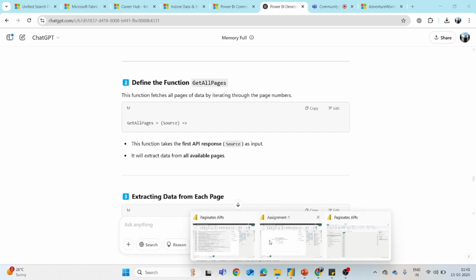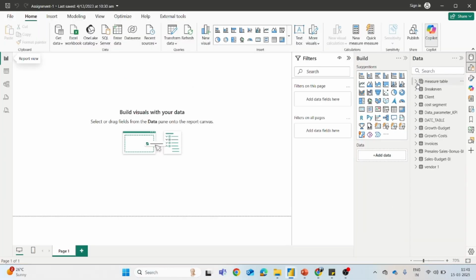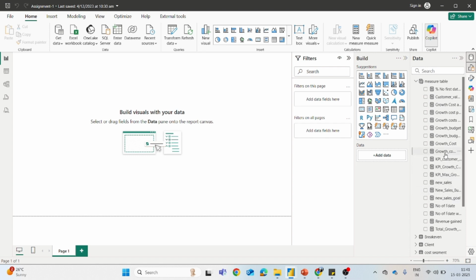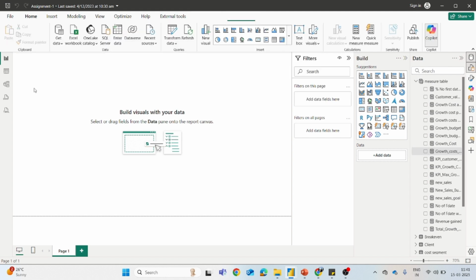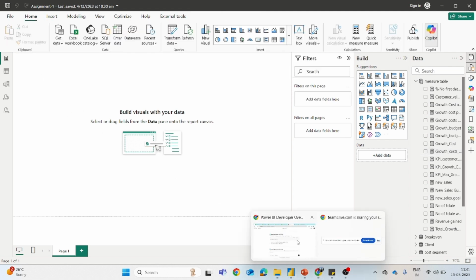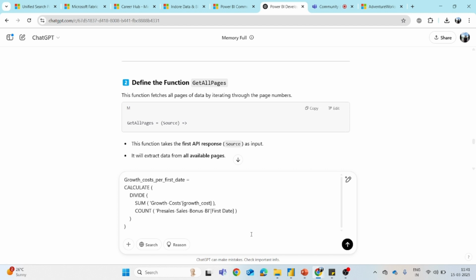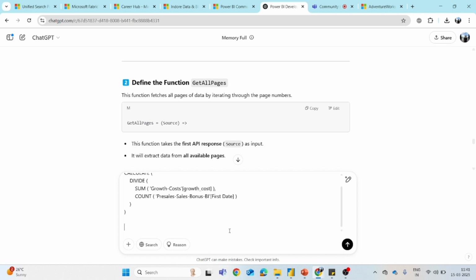Then let's say some complex measures have been created in your report. Just for demo purposes, let's assume I have this measure, and I don't know what it is doing. So I will go back to ChatGPT and paste it. Right now the measure looks well formatted, but at the initial level some people don't format the measure. I will also show you how you can format your DAX measure. But if you have a long measure and you are unable to understand what it is exactly doing, we can just copy paste it